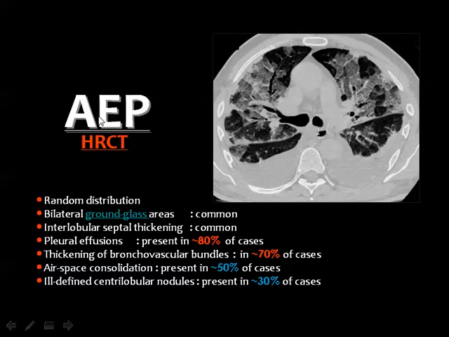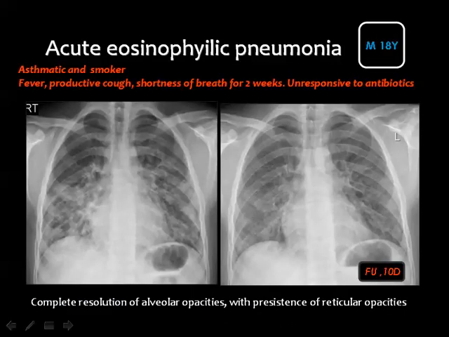Then the appearance of acute eosinophilic pneumonia is ground glass areas distributed everywhere, interlobular septal thickening, pleural effusion is common in these particular cases, and the consolidation is seen in about 50% of the patients. And also you may see some nodules, which is not essential for the diagnosis. And this male patient, 18 years old, asthmatic and smoker, presented with fever, productive cough, shortness of breath for 2 weeks,